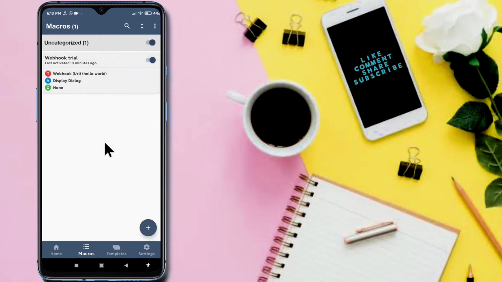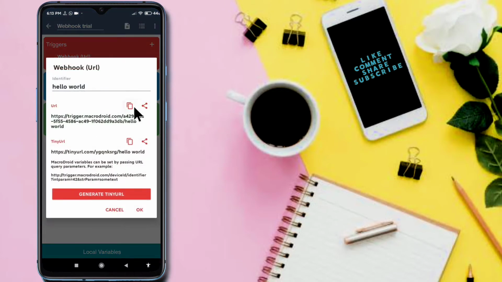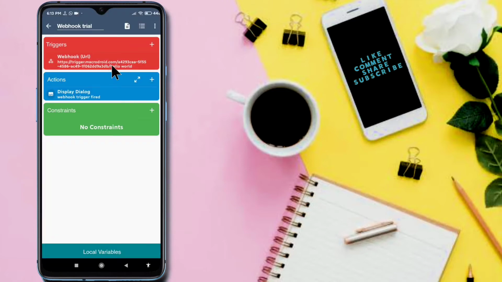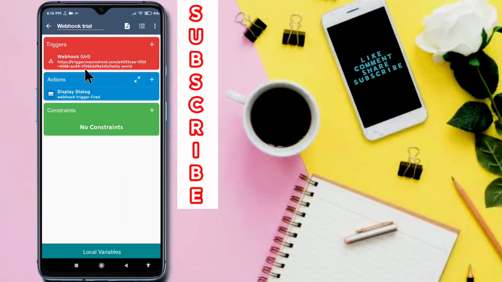If I send this URL to anywhere, if someone clicks on this URL, then a signal to the MacroDroid servers will be generated to trigger this URL. My device must be connected to the network, maybe a cellular network or Wi-Fi network, so it can trigger my webhook URL.